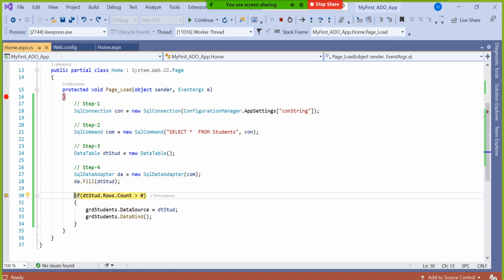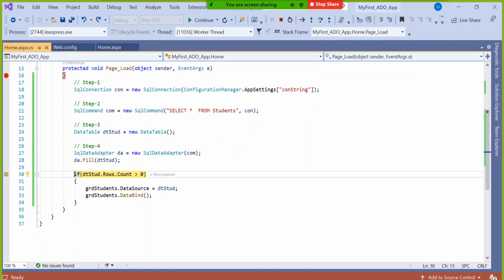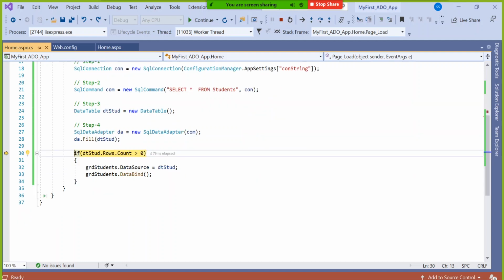No mistake. That means your query is perfect, your command is perfect, your connection string is also perfect. If any exception came here, then check the exception message. It will clearly mention that your connection string is wrong or your query is wrong or whatever. Accordingly, you have to fix the issue. But this time it ran successfully.